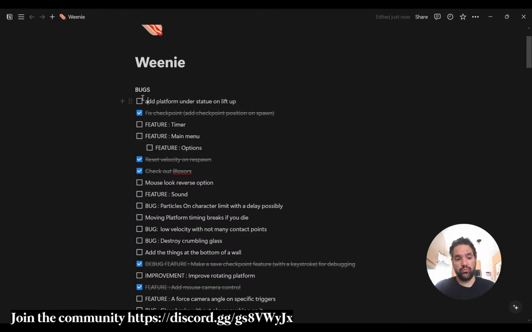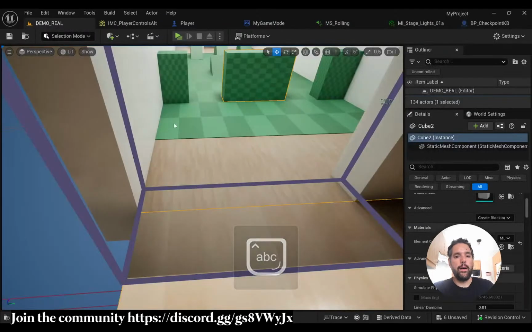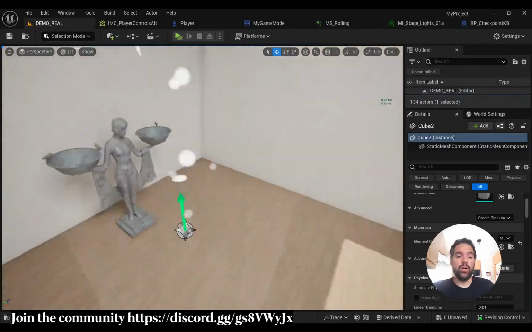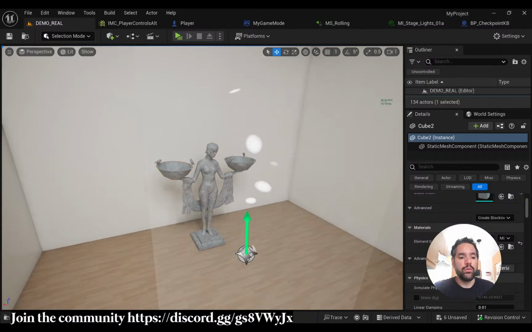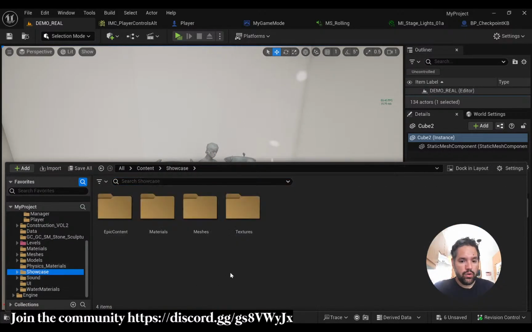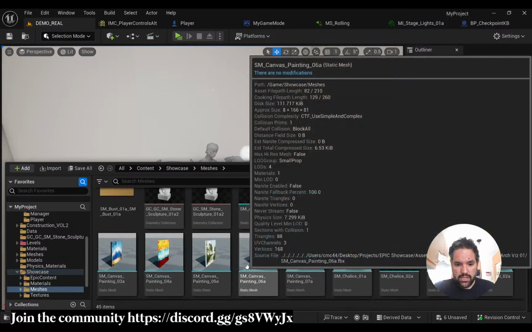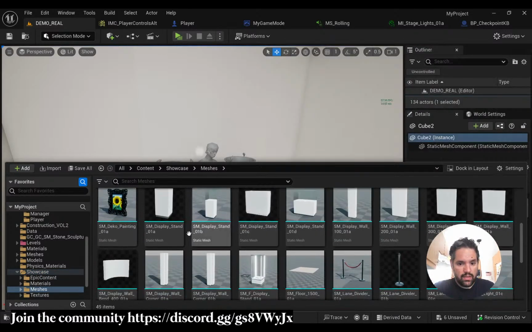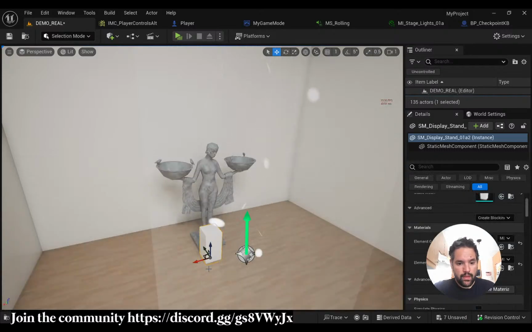What's really cool about doing a list like this, for me at least, is I can see something that I can do on the game, so I'm not just thinking about what I should be doing. So right now, here I have a bunch of meshes that I got, and I know that I like this one for this type of stuff. So I'm gonna scale it,